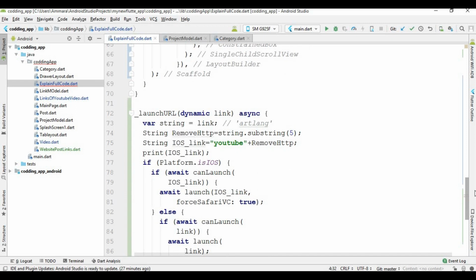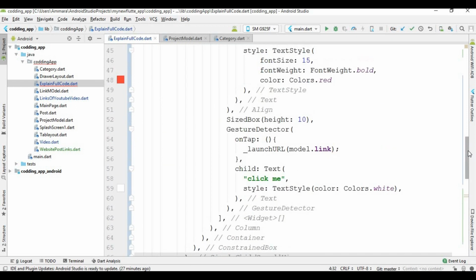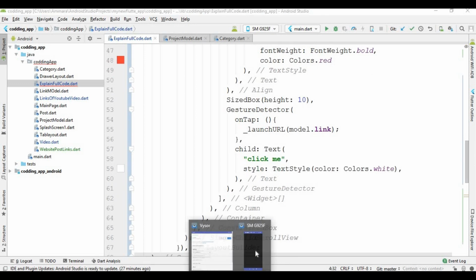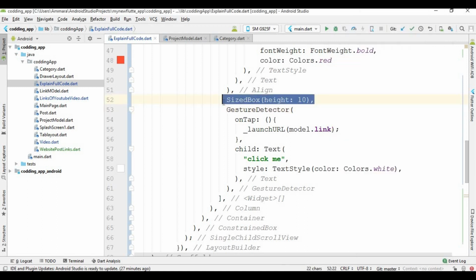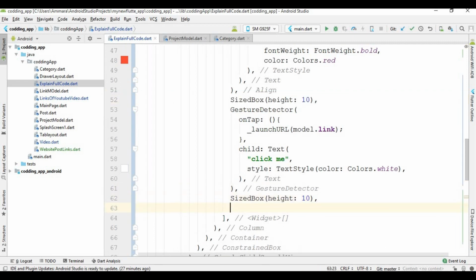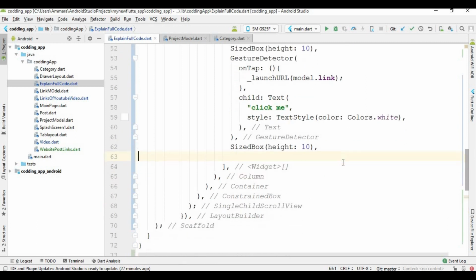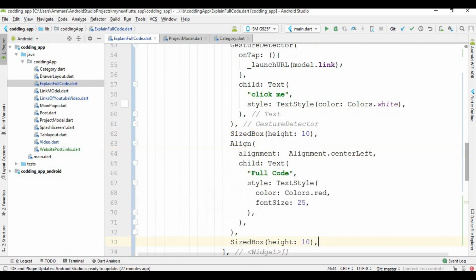So this error is removed, and now the next thing is this full code text view. Now I am going to create this after giving some space here. And this text is also aligned left, so I use the class align, and you can see that in this align class I set the text on the left side, and after that the code is very simple.